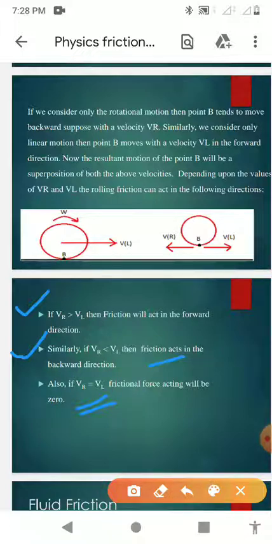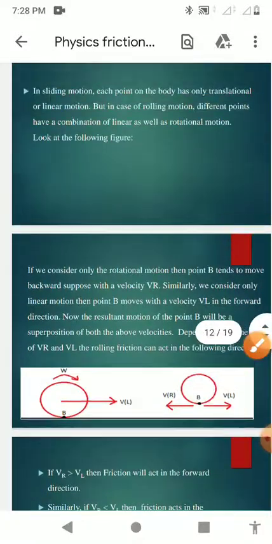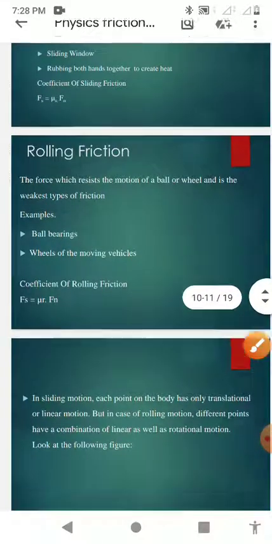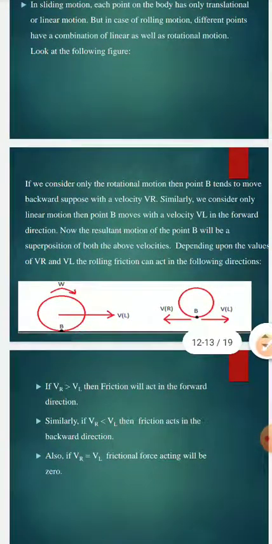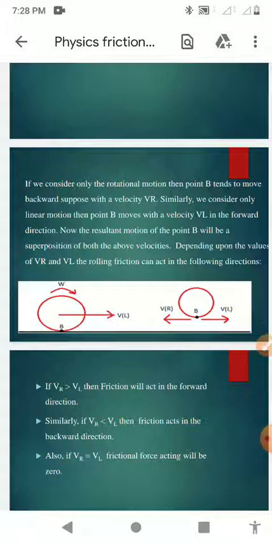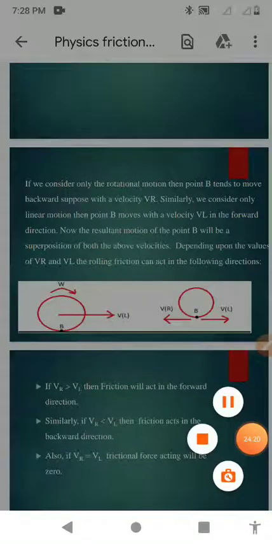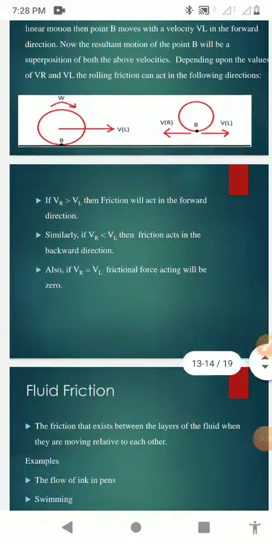So with the help of this example, we can see the concept of rolling friction. Rolling friction consists of two types of motion, rotational and linear. In case of rotational, the velocity is Vr. In case of linear, the velocity is VL. And depending on these velocities, we can define the direction of the friction. If Vr is greater than VL, friction is in the forward direction. If Vr is less than VL, friction is in the backward direction. And if Vr and VL are equal, then there will be no friction, or the frictional force is zero. Okay, now after that we will see the last